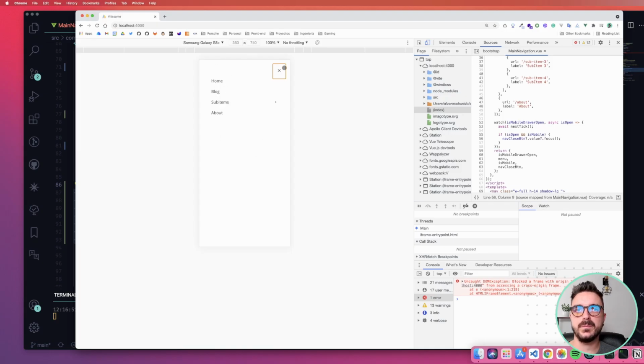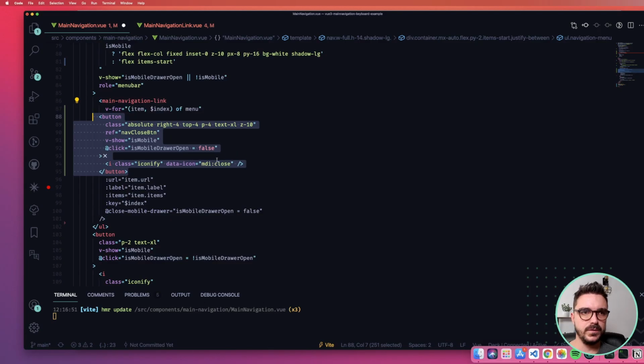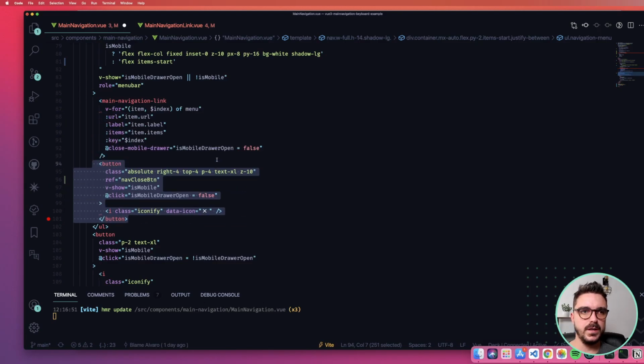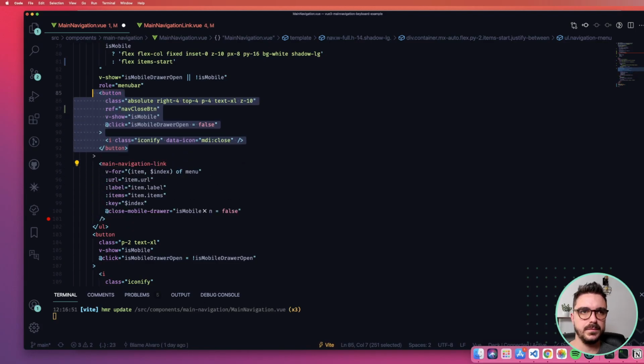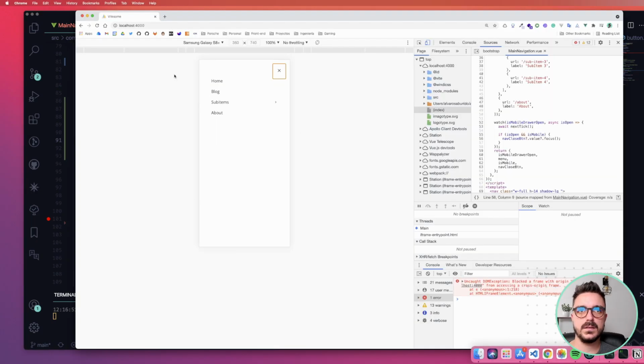So even if the position absolute was put in here, it was in the incorrect position. So before it was around here, and I just basically moved it up before the main navigation links. So now it's in the proper position, and if we open and it's autofocus and we do this, it will go in the correct order.